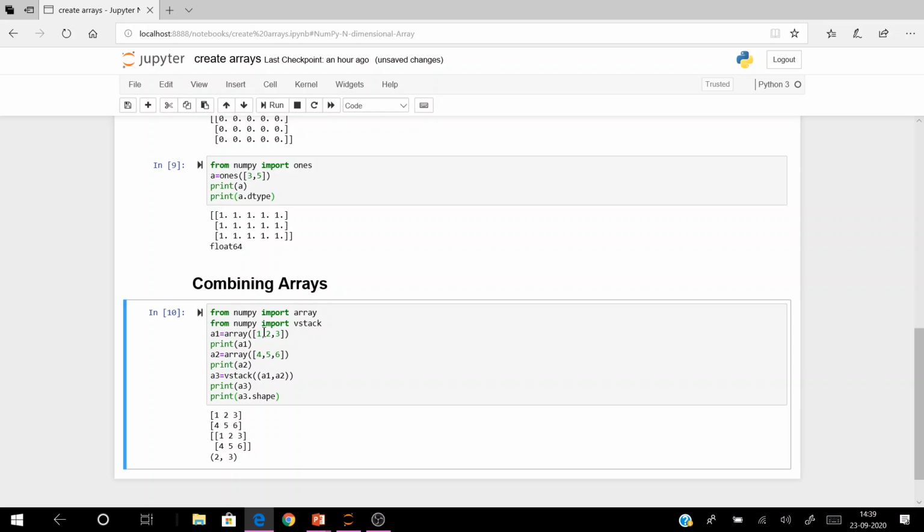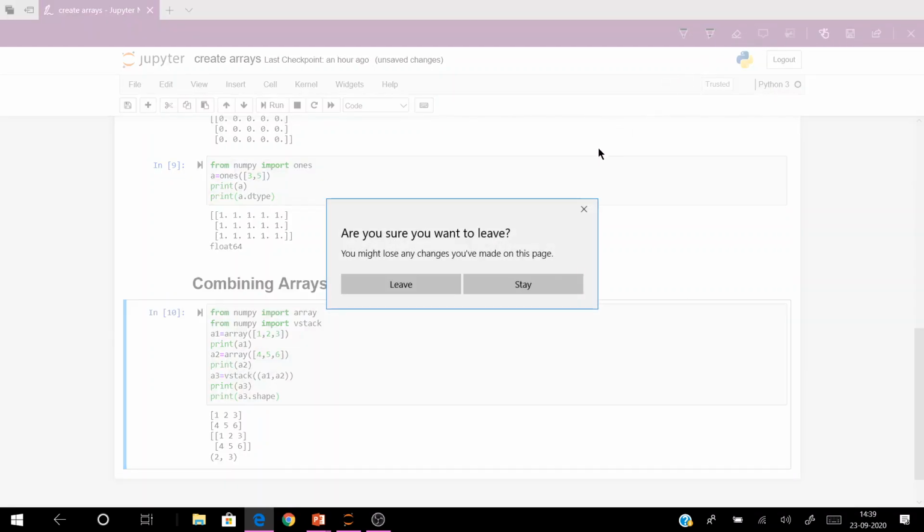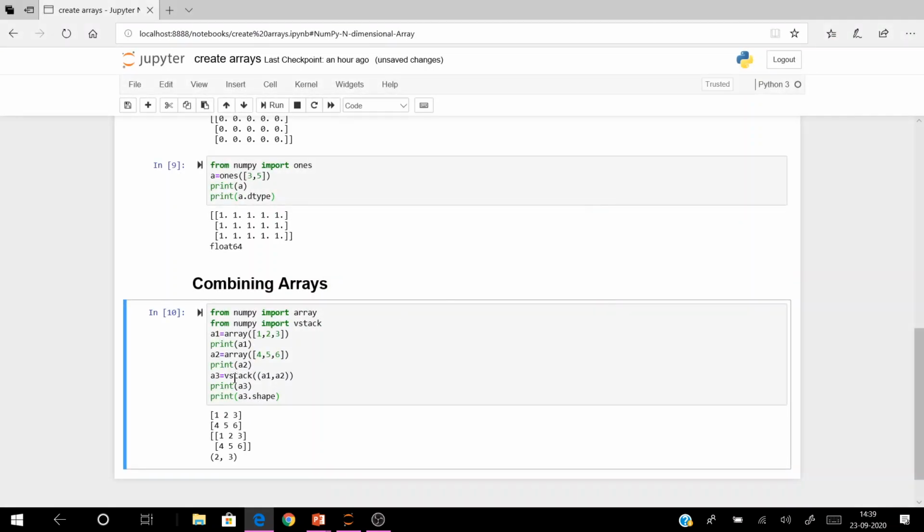see here we have considered two arrays. Array 1 with elements 1, 2, 3 and array 2 with elements 4, 5, 6, and we have combined these two arrays vertically with the help of the function vstack. vstack a1, a2. I am going to print a3.